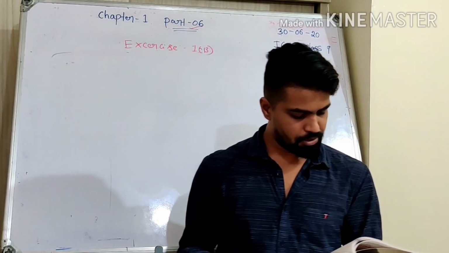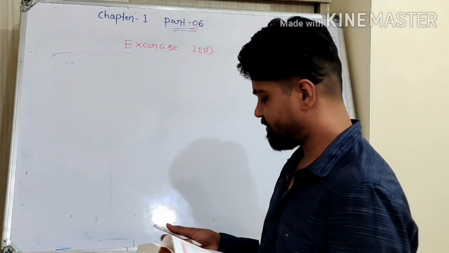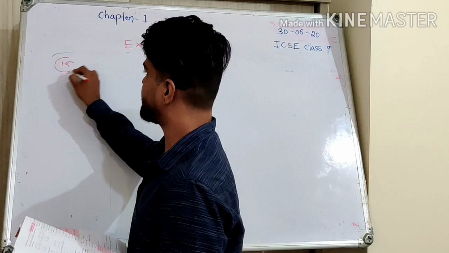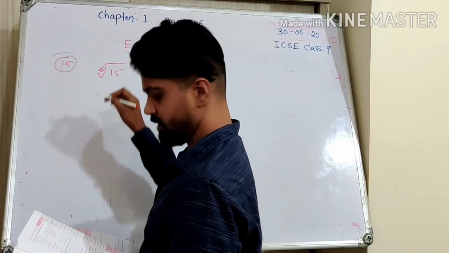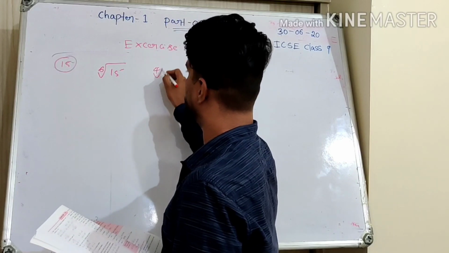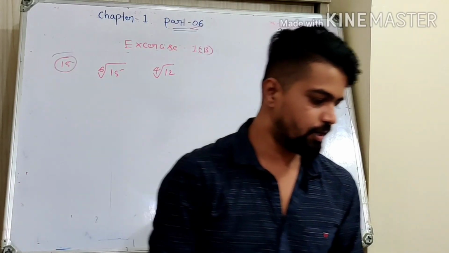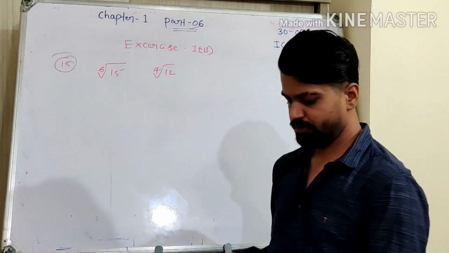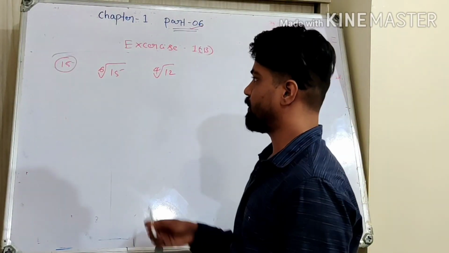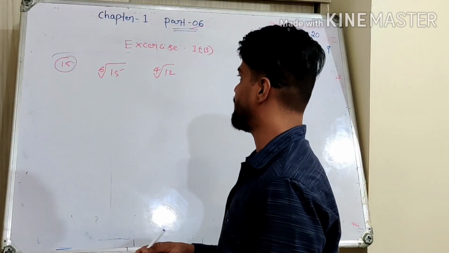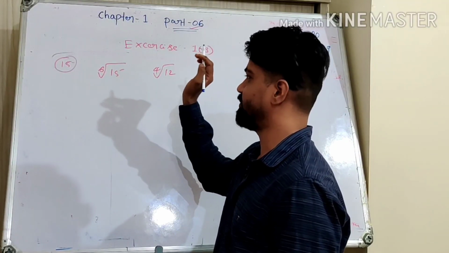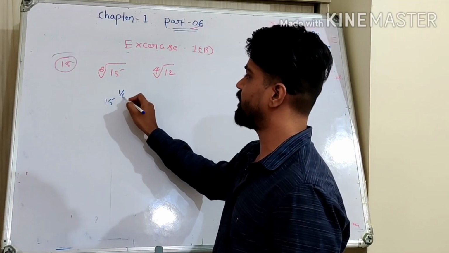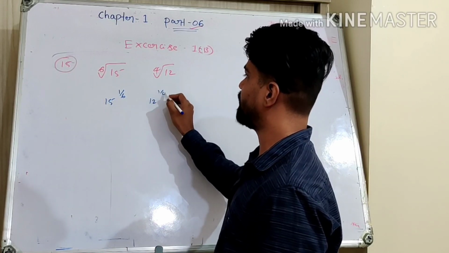So now coming to question number 15. Compare this. This is important. Square 6th root of 15 and 4th root of 12. Here bases are also different, powers are also different. So what we are going to do is we will keep the power same because bases is not easy to make same. Okay. So 6th root, we can also go for base same later. This is 15 power 1 by 6. This is 12 power 1 by 6.